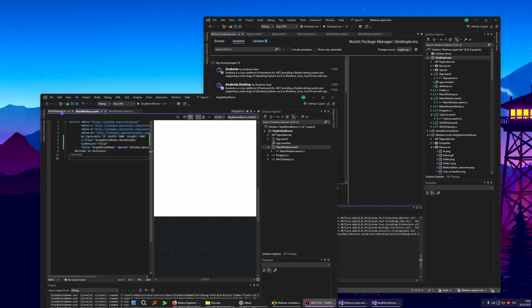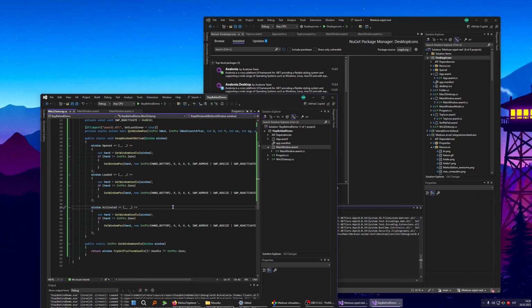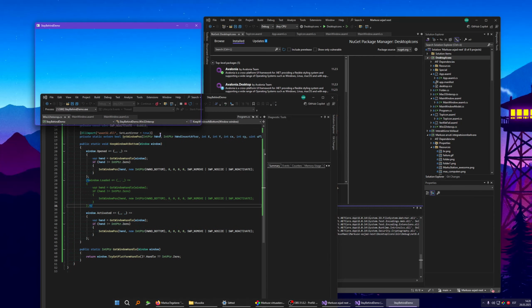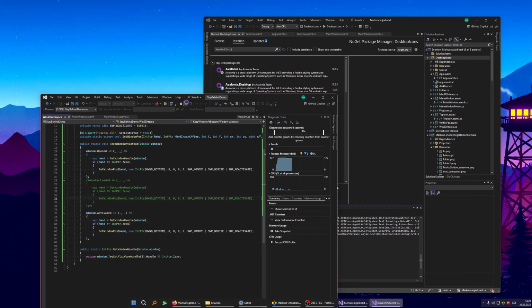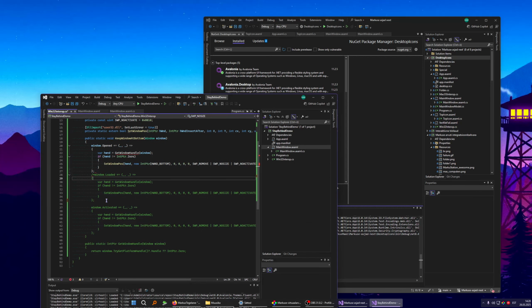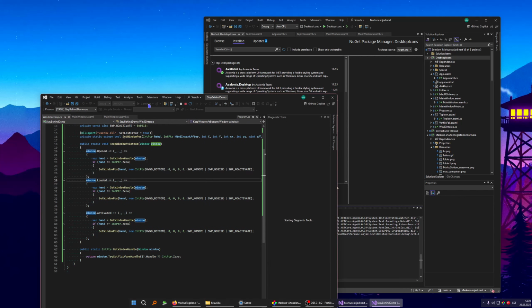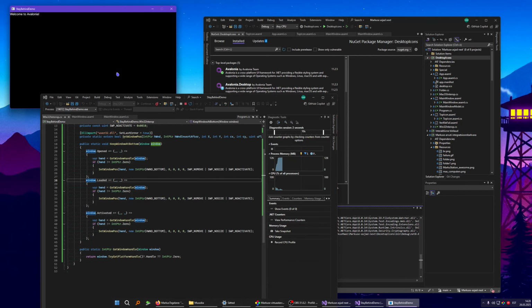Okay, I may have figured out what's going on. Due to the way my code works with multiple windows, it wasn't necessary in my case, but in your case it may be necessary to add this bit of code. So if it's loaded as well, you set the position. Because if I don't do this, I'll show you what happens. This is what I had before. So it's gonna be like this. But if I click away, it goes behind. So if I add this, it does stay behind right from the start. And we can